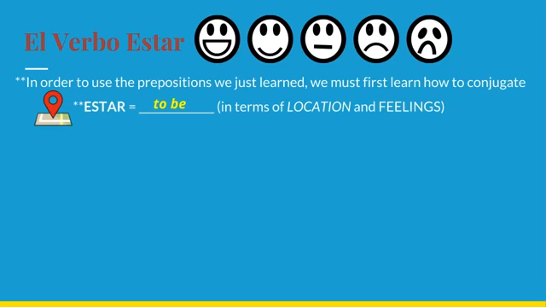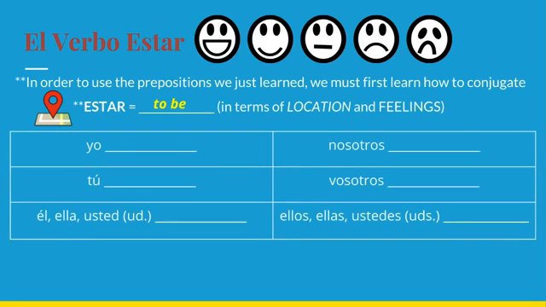We're going to be using estar to talk about only location and feelings, at least where we're at right now, and with these notes. So we take the verb estar. It is irregular. So we have yo estoy, tú estás, notice the acento above the A, él, ella, usted, está,